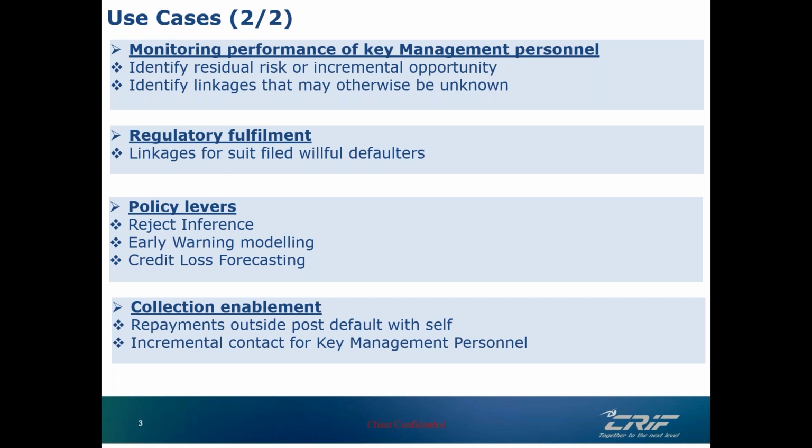Similarly, you have the possibility to report directors on an entity to whom you are lending. So this is information that you have reported. We will find additional linkages from any verifiable, scalable data source to which business entities are required to submit their filings. An example of such a data source is the Ministry of Corporate Affairs website, from which we can find additional linkages, and for them also we can provide you the credit profile.